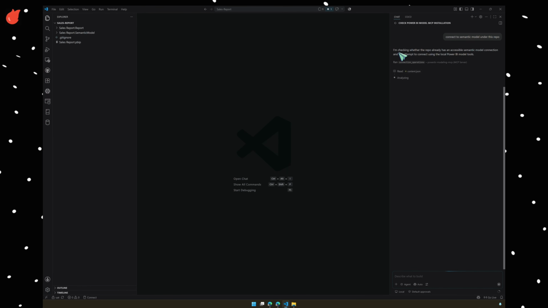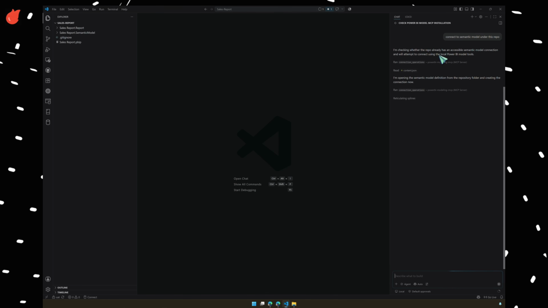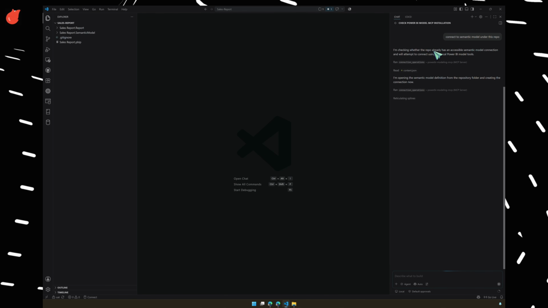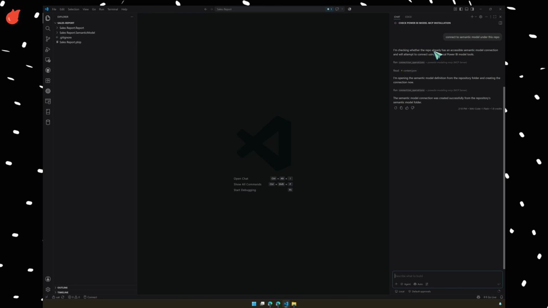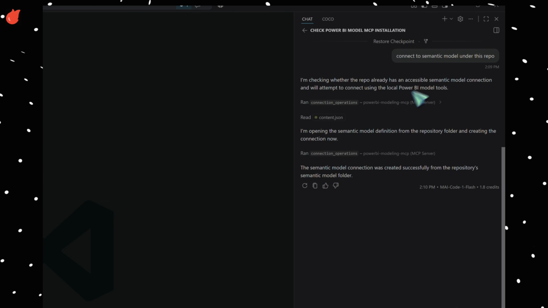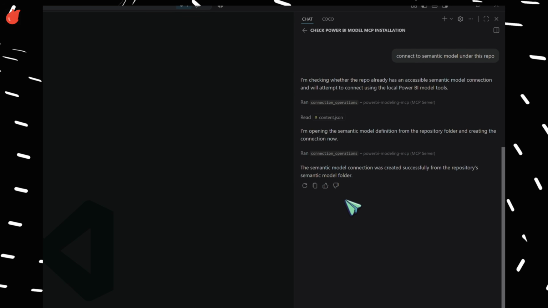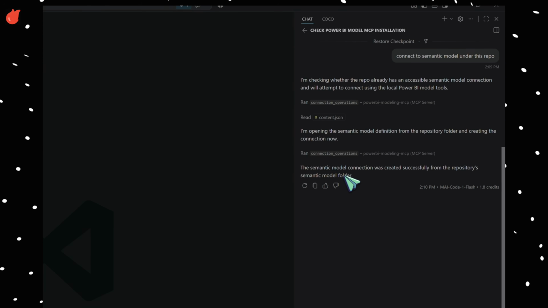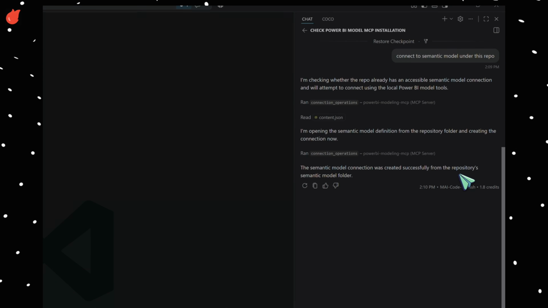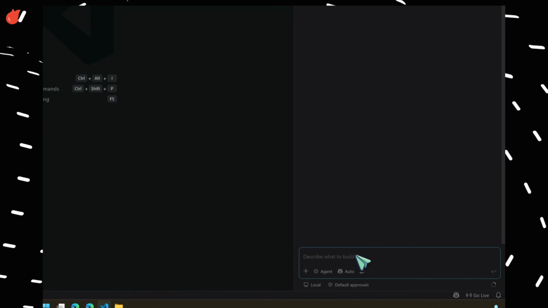Because sometimes it may get distracted and go sideways, which you don't want. Because the token is the key, right? You don't want the AI to spend $1,000 without doing the things that you want. So here it is checking if it's accessible. Let's open that. And now it's connected. So the semantic model connection was created successfully from the repo's semantic model folder. So then you can ask,